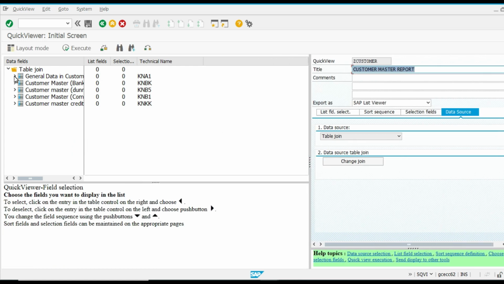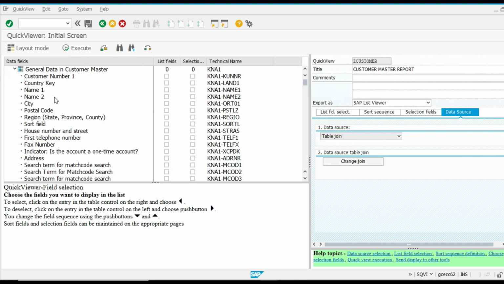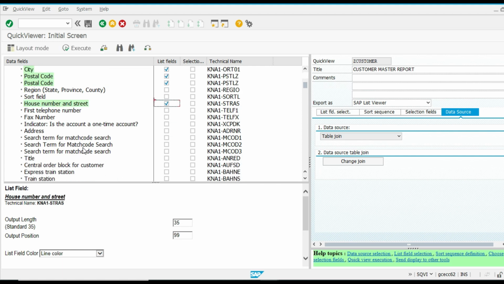Now click on open the field, click on the arrow and add whatever field you want to add. Click list field: country key, name, then city, postal code, house number, address. Back.